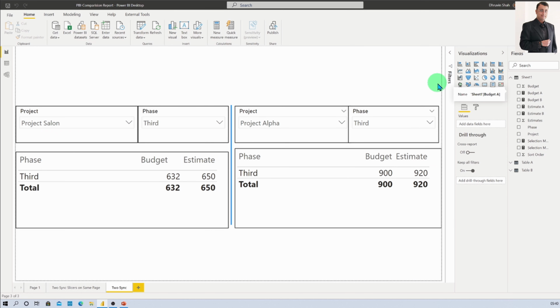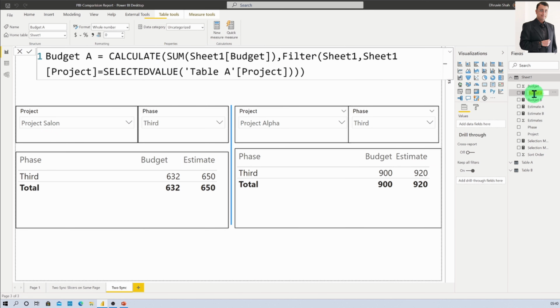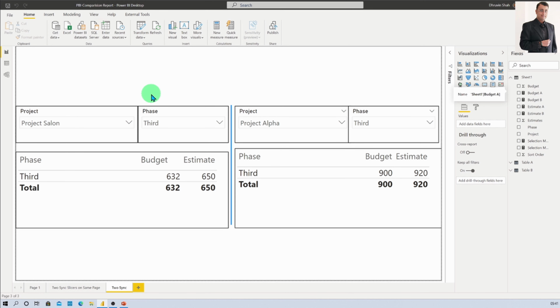Here I have opened one of my Power BI reports and one of the DAX formulas is created like this. Here you can see that the formula is not formatted. Now to format the formula we are going to use one external tool called Tabular Editor. The link to download Tabular Editor is available in the description box. So download and install that tool on your machine.